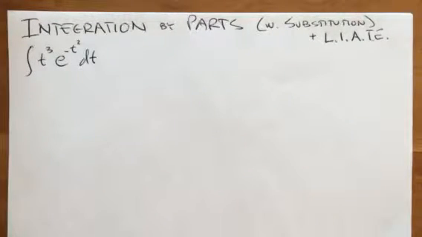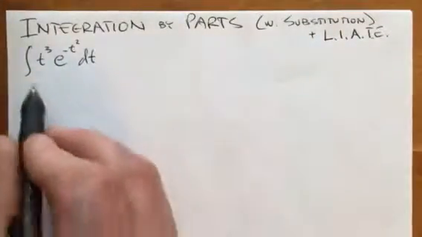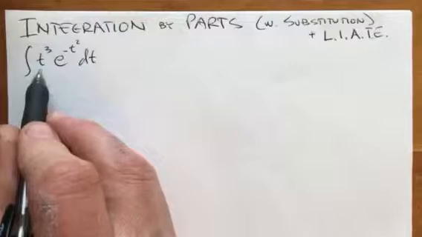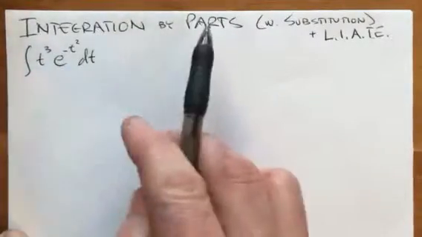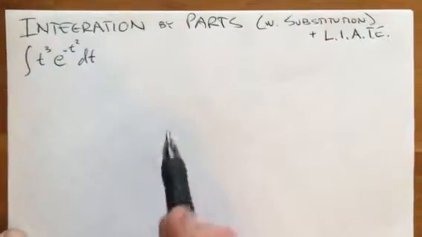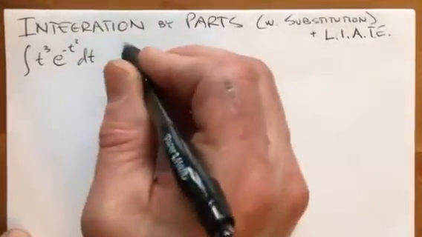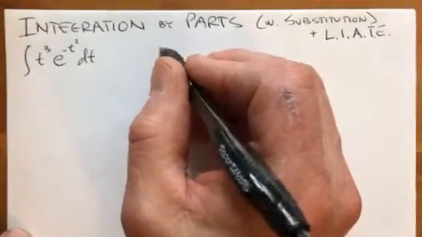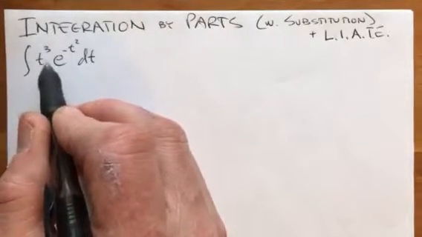All right, I have another example here of integration by parts, again with a little mini substitution to get it started at the beginning. Again, if you try to do this by simple integration by parts or substitution by themselves, they do not work. You get a confused mess. But with an initial substitution, in this case, noting that you've got t squared and t to the third here,